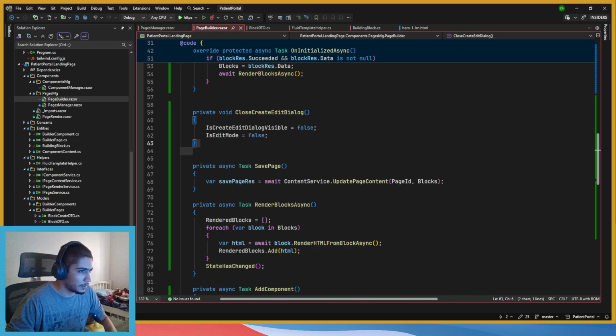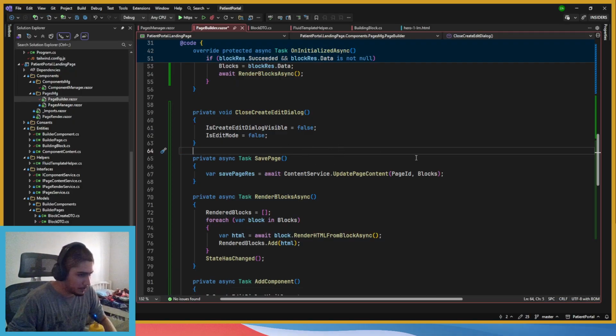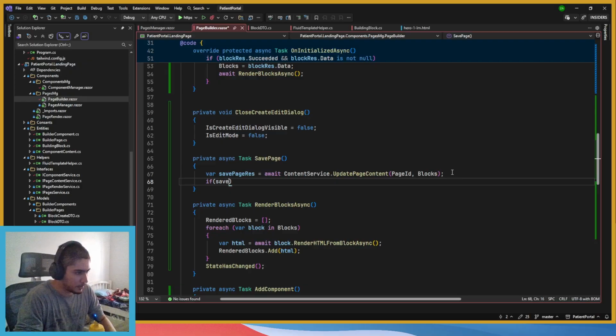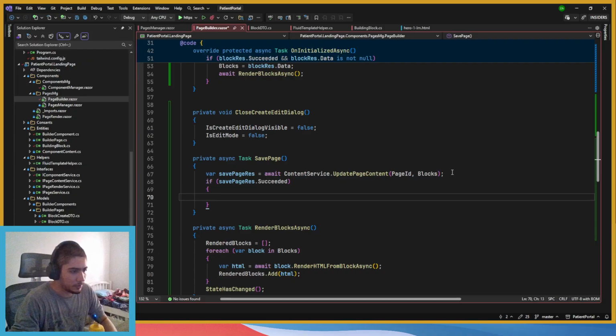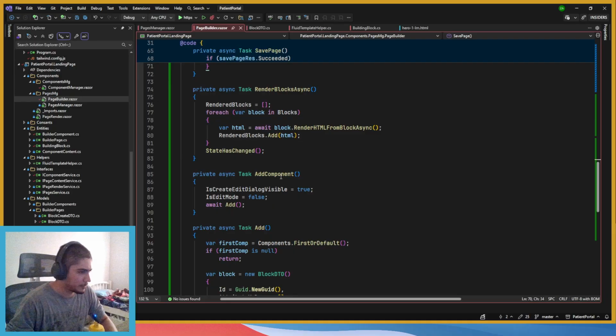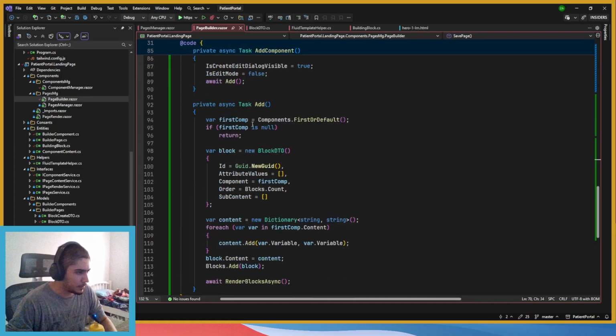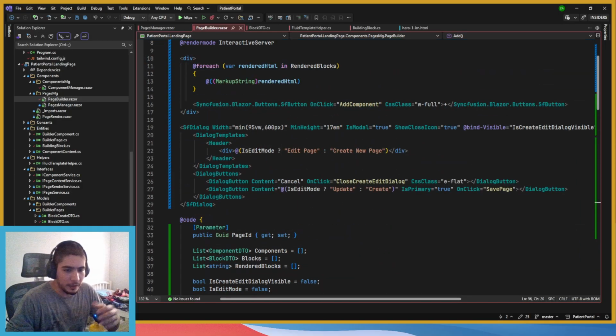Looks very, very good. And the thing is, now we need to do the dynamic form thing. So, page. Okay, so update if save page response succeeded. I want to add a toast, but that's gonna be okay. To do the toast message, I'm gonna do it with AI because that's some simple stuff. We're gonna have the add. We're gonna have the edit.